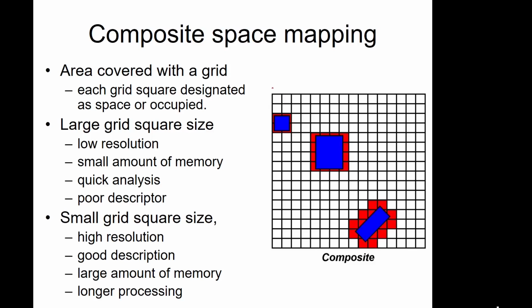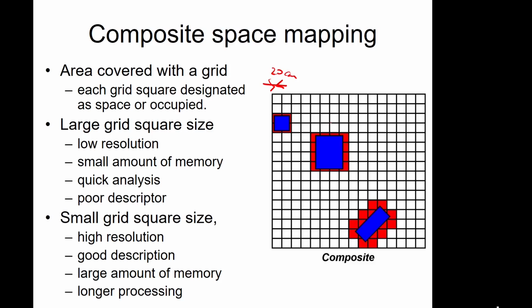So if the robot is, say, 20 centimeters in diameter, then it's probably a good idea to have the size of the square be about 20 centimeters. So depending on the size of the robot, you want these grid squares to be approximately the same size as the robot. Divide this area up, put your objects in